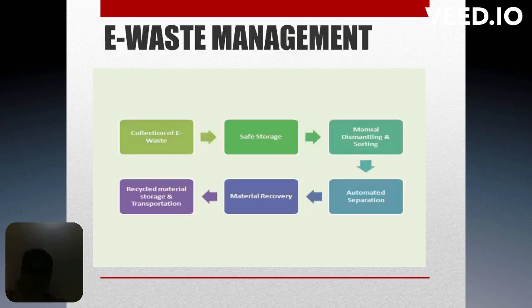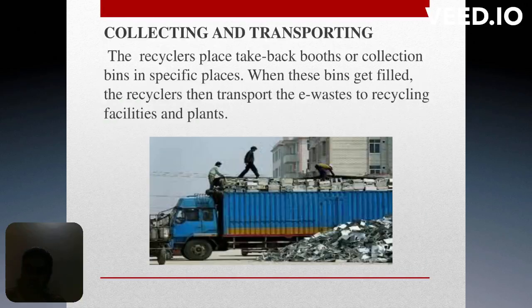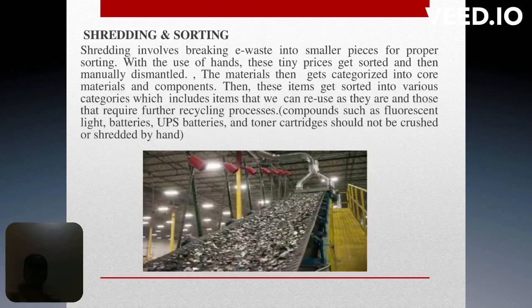So this is the flow chart of e-waste recycling. First is collection of e-waste, safe storage, materials, etc. Then it's collecting and transporting, which means the recyclers collect the e-waste in specific bins at specific places, and when these bins get filled, the recyclers transport the e-waste to recycling facilities. It just means collecting the e-waste from different places and bringing it to one place for